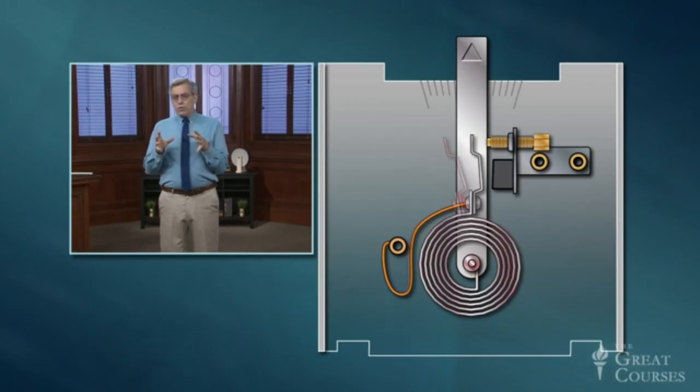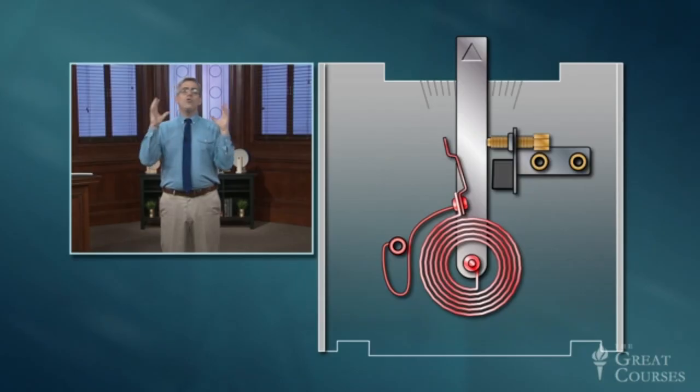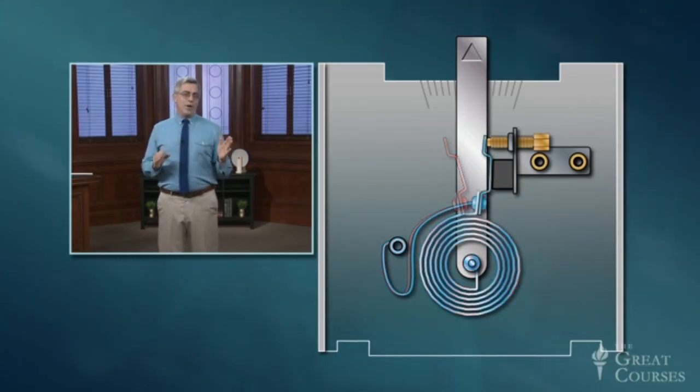The two metals of this bimetallic coil are arranged such that a temperature increase causes the coil to unwind, and a temperature decrease causes it to wind tighter. Thus, as the room temperature falls, the moving contact gets closer to the stationary one. When the two contacts are very close, this magnet pulls them together, closing the circuit and signaling the heating system